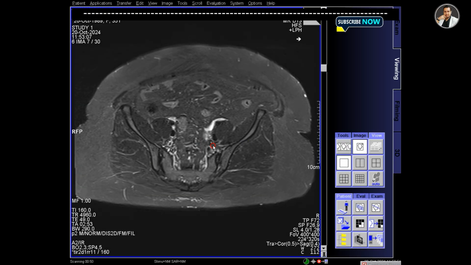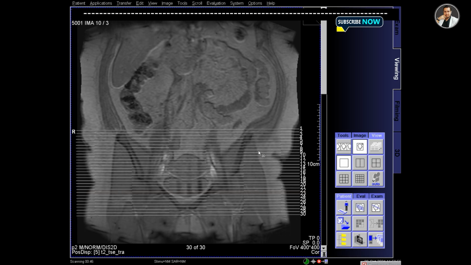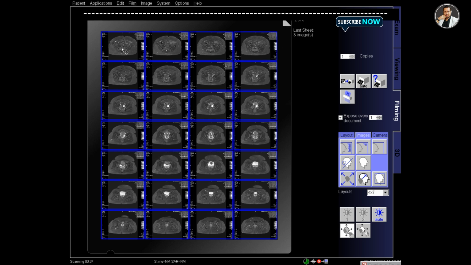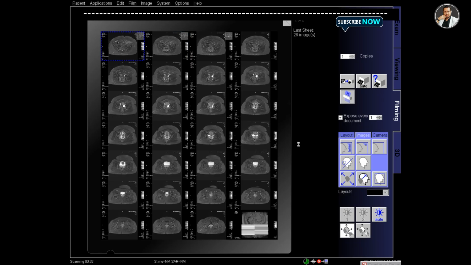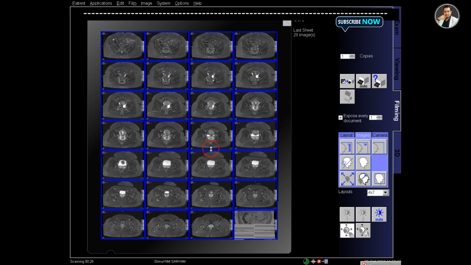And now T2 STIR transverse. Select the series and send it to the filming. This is the reference image of the transverse protocol. And in the filming, select the folder and select the 4 into 7 layout and delete some extra images.